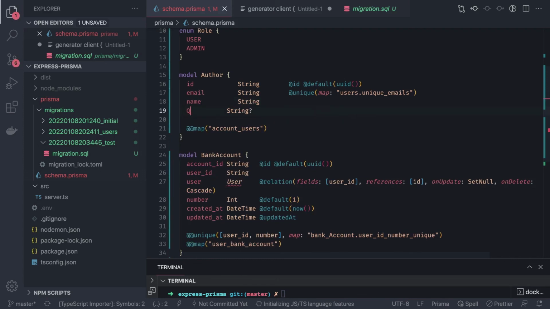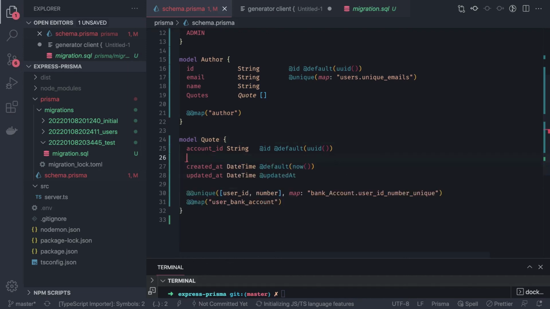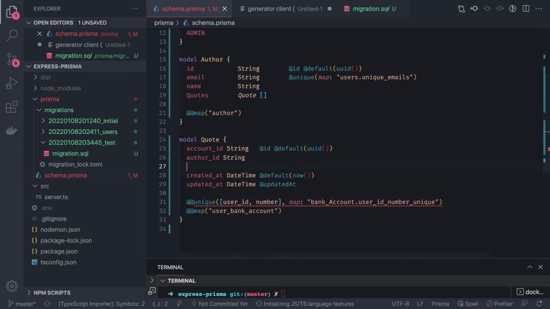Here I have quotes, and I do have another model as quote. This is going to have author ID, which is going to be of type string, and I'm going to define the relationship one to many because a single author can publish multiple quotes. So it will be author,